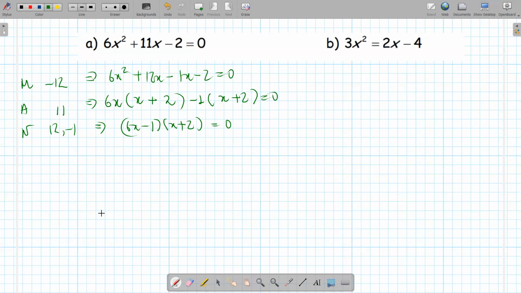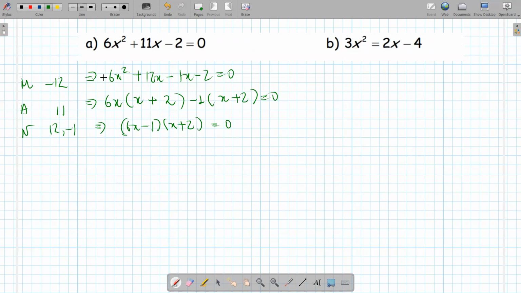Do you understand this step? How did we get to the final step, 6x minus 1? You just got rid of the common bracket, exactly. So now this question is asking us to find the x value,